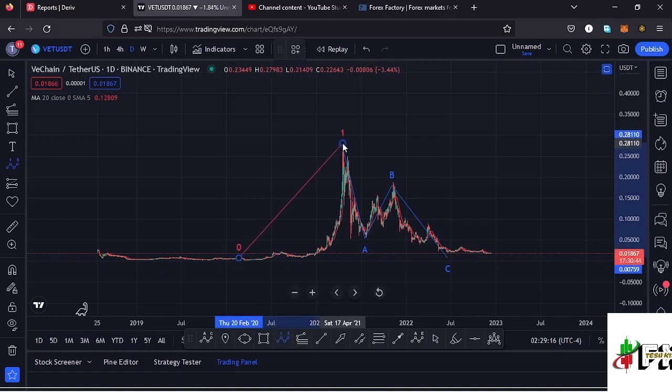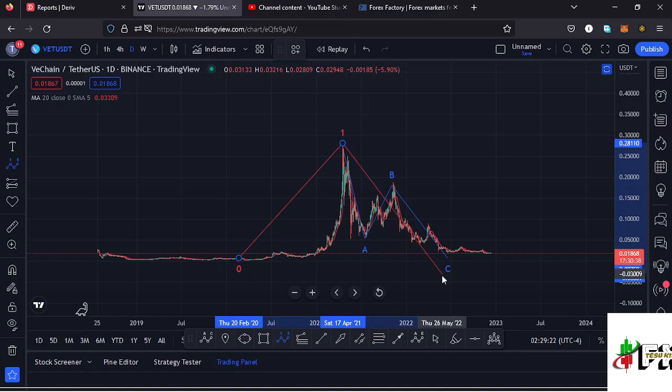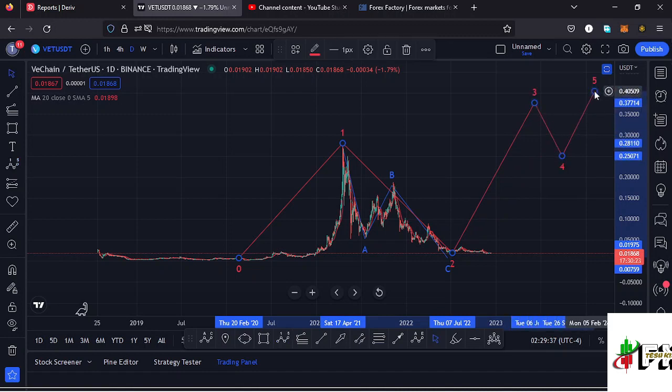And after seeing the all-time high, we have been seeing lower prices in this massive ABC corrective structure right here, which has now taken us back to around the $0.17 mark in a movement that I'm terming as a higher Elliott wave count 2. And after seeing the low for that higher Elliott wave count 2, there are chances that we might see a very nice bounce to the upside in the formation of that higher Elliott wave count 3 before we see a wave 4, and then continue pushing even higher in the formation of that wave 5.